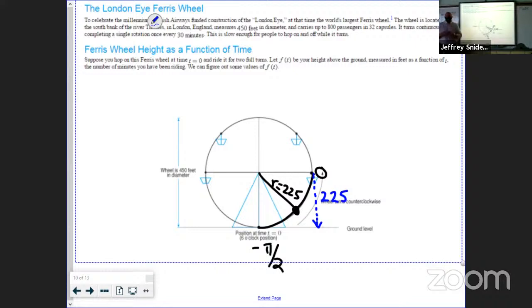Yes, I want everyone to think about this. Here's the origin. Usually below the origin is what kind of a number? A negative. But in this case, it's not. What happened to the origin? Instead of being at ground level 0, so that the Ferris wheel went underground, which would be kind of fun, actually, it's been moved up how far? 225. So since the origin has been moved up to 225, I have to add 225 to all of my